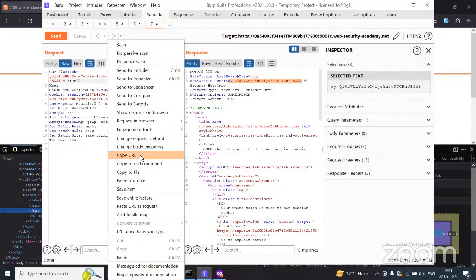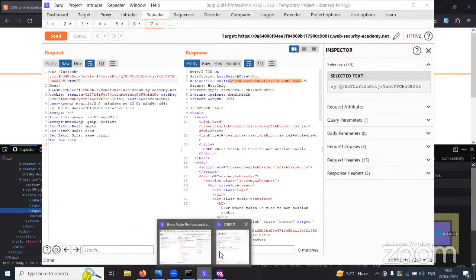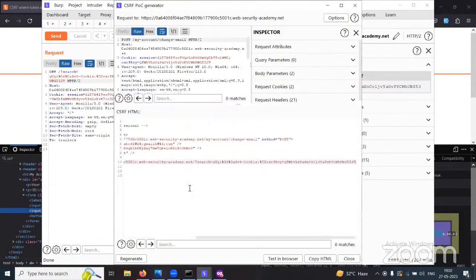So let's copy this URL and paste it here, because here we are actually injecting the cookie. Then we need to close the tag, followed by